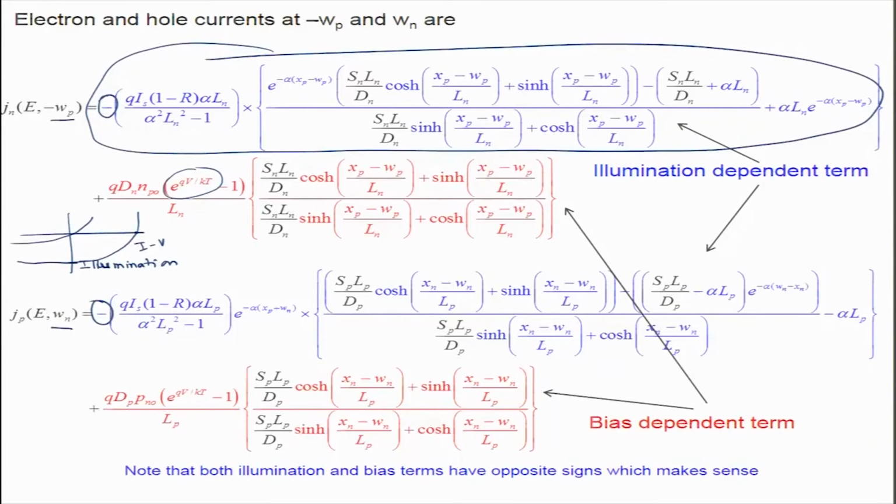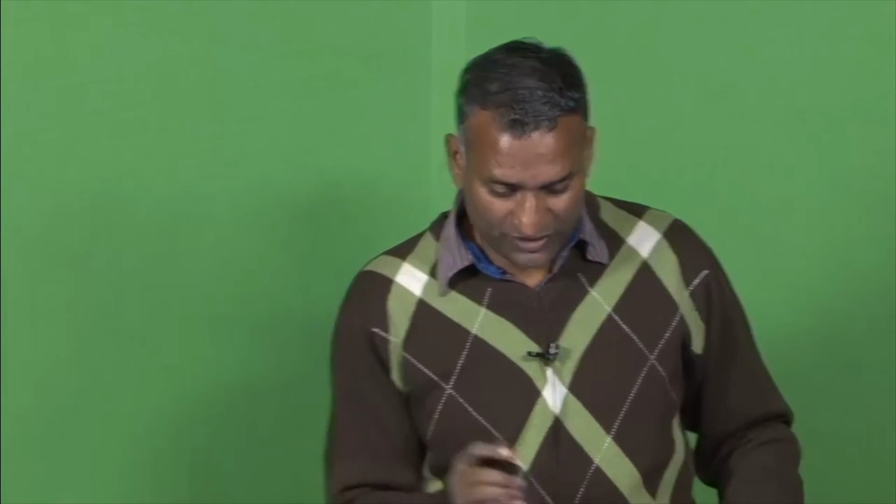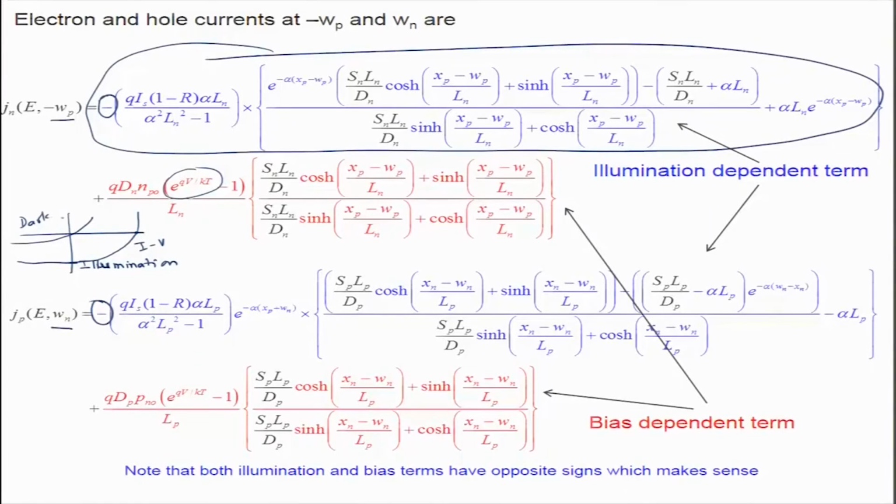Okay. So when you fix I, then you should obtain an IV curve like this, so this would be dark, this would be light, and whatever is extra coming is because of illumination. So this shift from this side to that side is because of the illumination effect. All right, and we are lucky to have these two terms independent of each other. They are not coupled, so that they are easy to analyze.